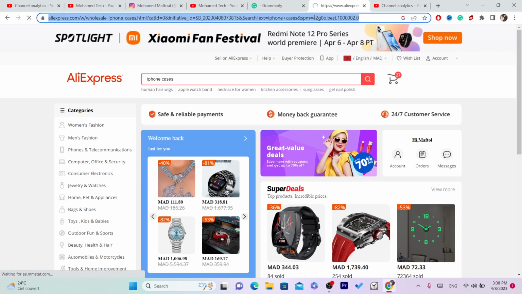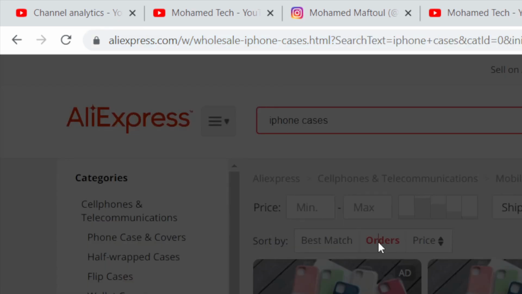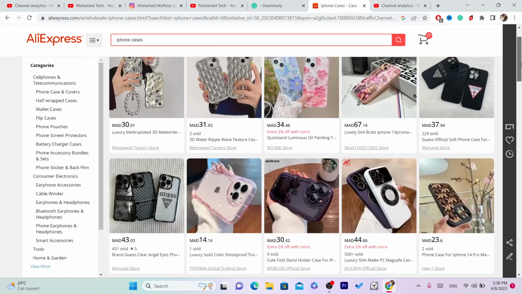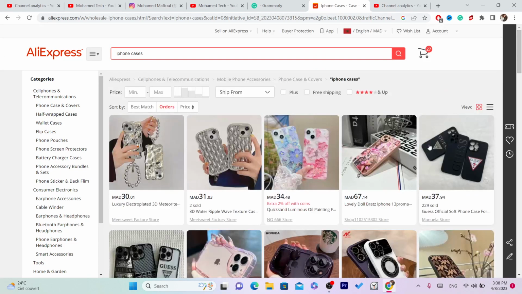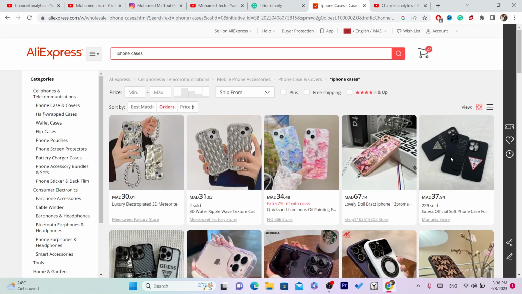And after you search for that on AliExpress, you want to just click on orders, so that AliExpress will show you products with high volume, where a lot of people purchase that specific item. That will show you that people are actually interested in that item. Now after you find the product, guys, for example, this one has 200 orders, 200 people purchased